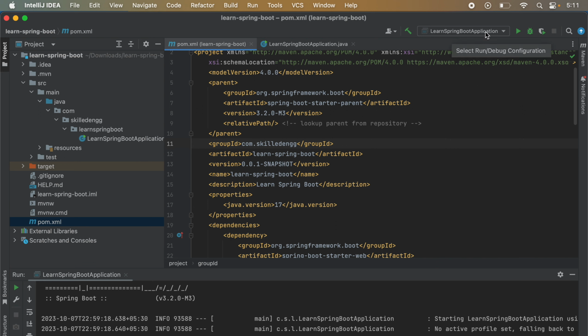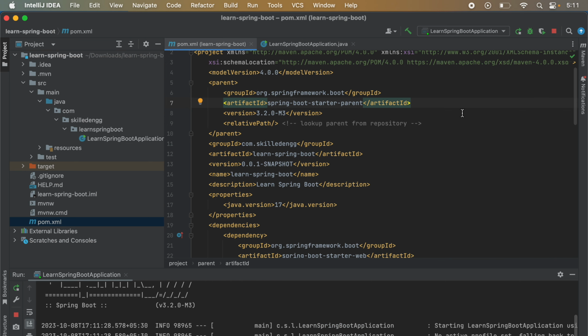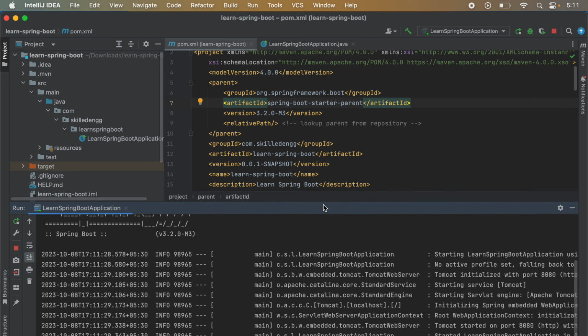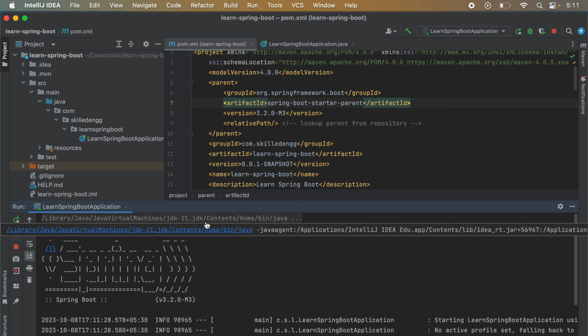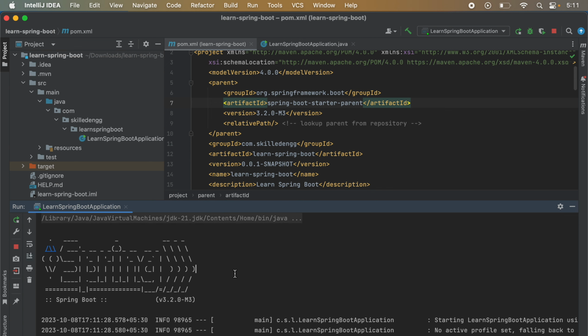And if I run this particular application, which is a very basic Spring Boot application, it will use JDK 21. If I go to the logs, here you can see it is using JDK 21. So this is the main difference between these two. Okay, thank you.